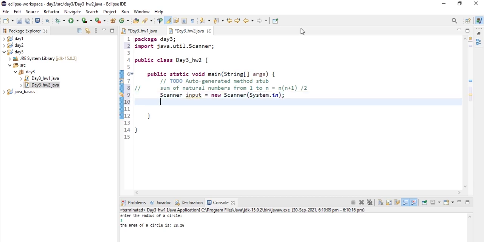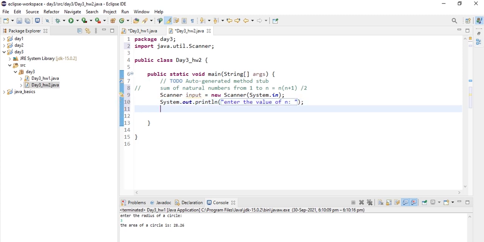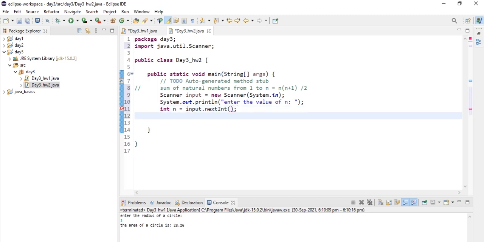So here let's print the message, enter the value of n, and here let's declare a variable n of int data type, that is int n is equal to input dot nextInt, which is a method available in the Scanner class to take input of integers.